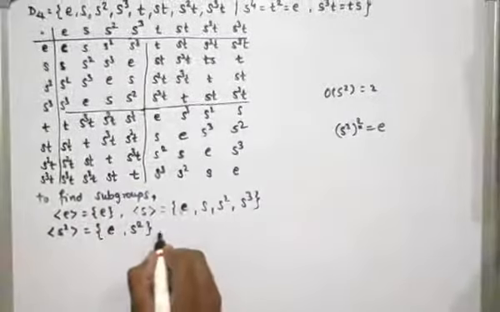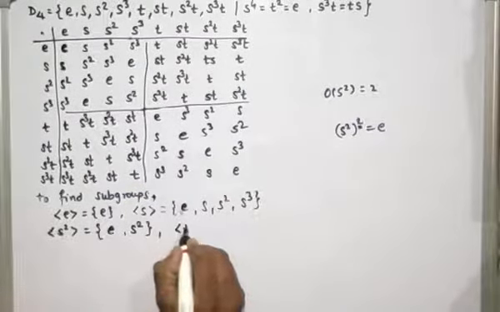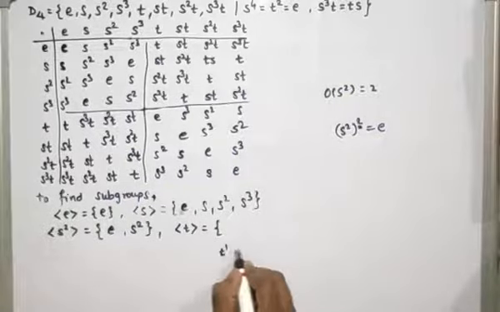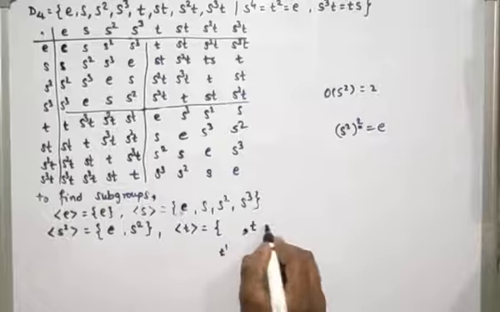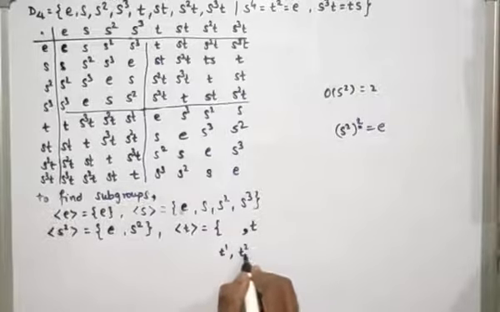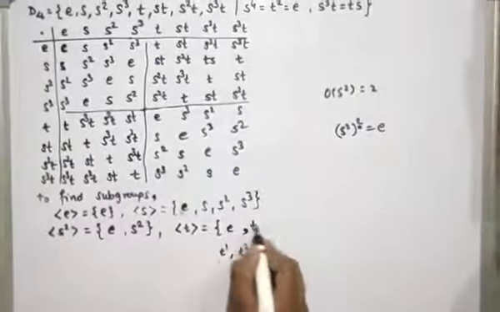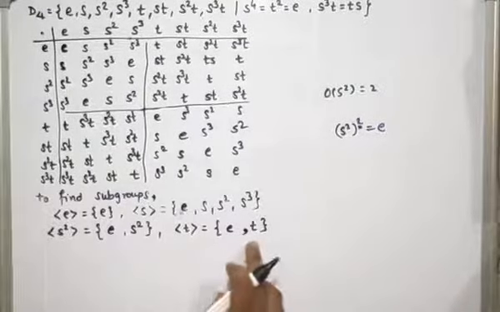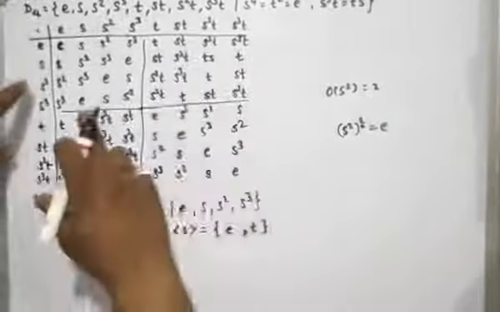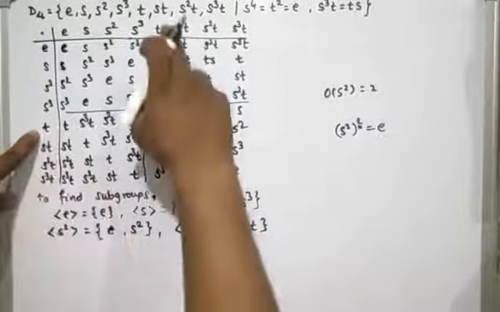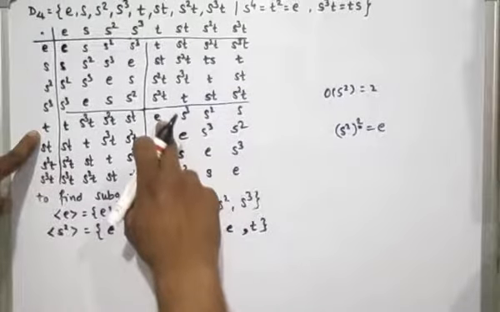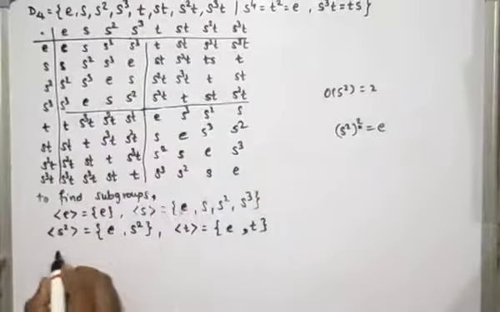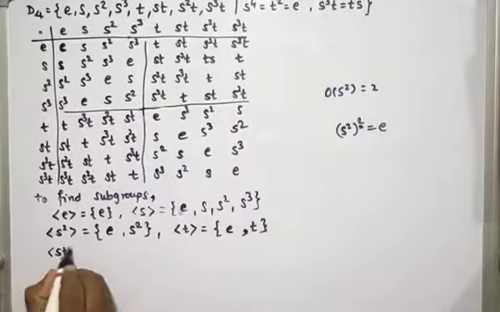element is T. If I take T as the generator, then we get T raised to 1 power, which is T, and next T square, and T square is identity. So again the order of T is 2, because T square is identity, right? Here we have T and T, so T into T is identity, which means T is the inverse of element T. So next element ST.